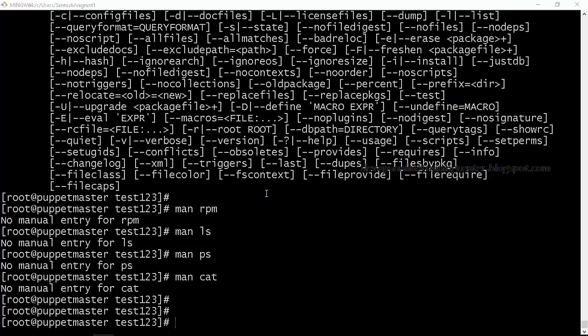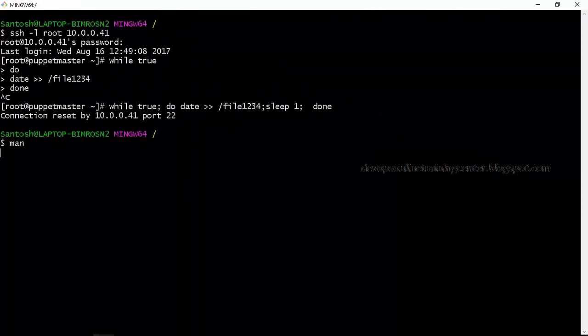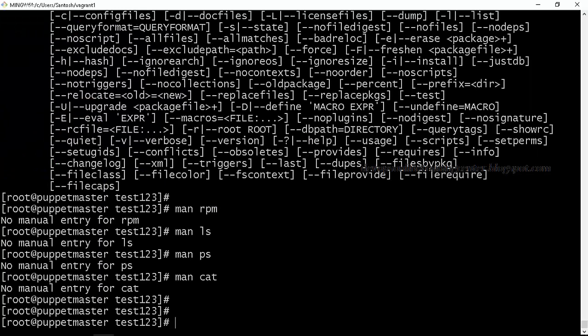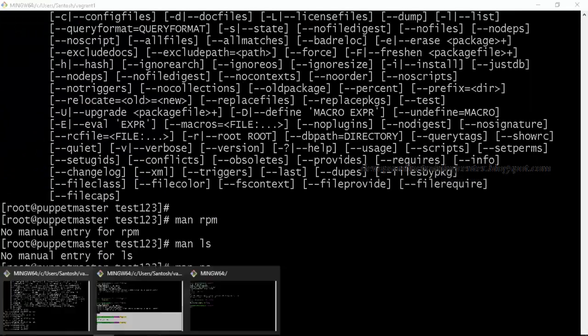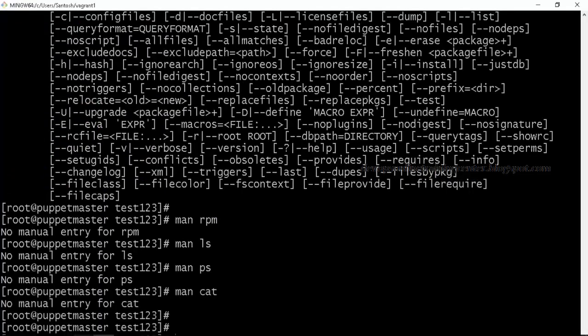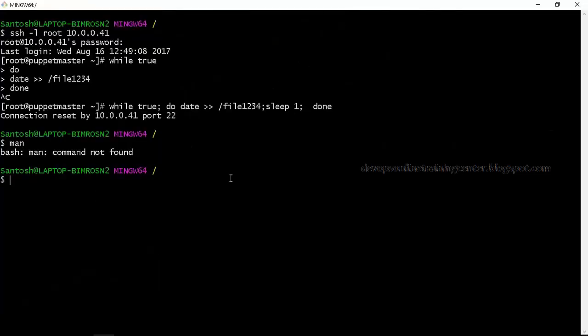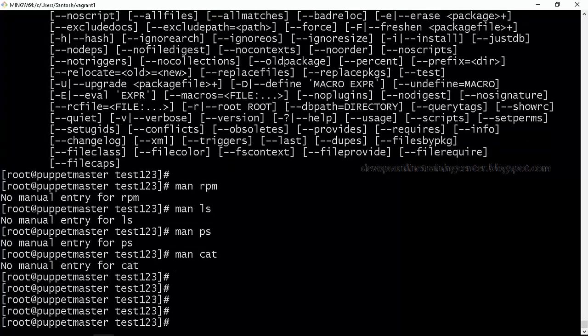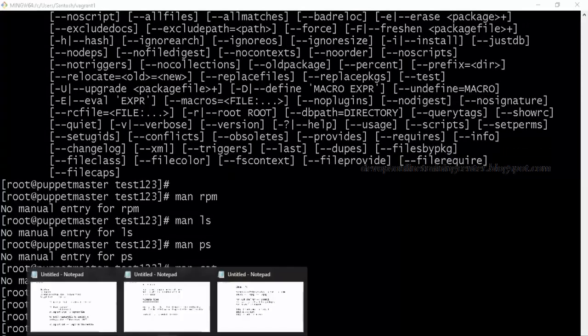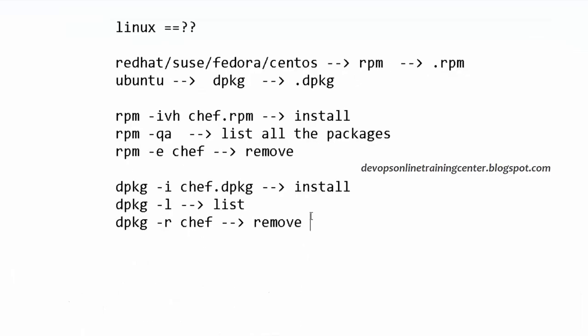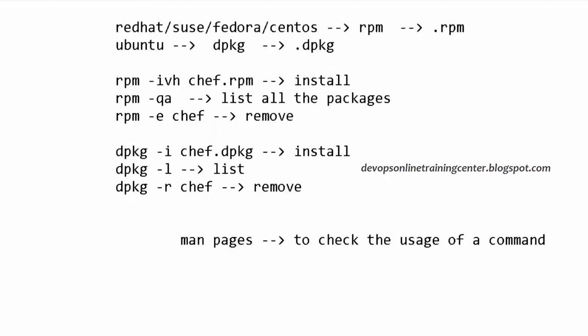So on a Linux machine, if we have the man pages installed, then let me go to some other machine. The usage of a command, or check the description of a command.